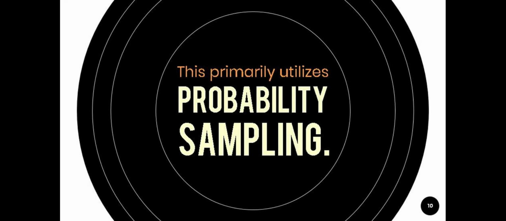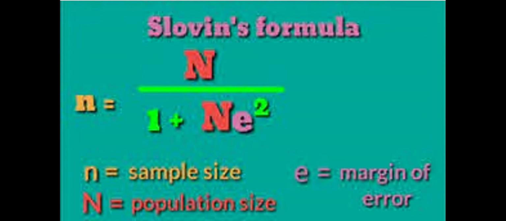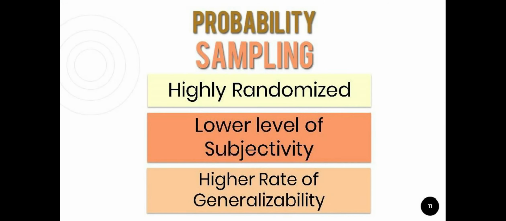Now, quantitative research primarily utilizes probability sampling. And the sampling method that we will be using to determine a sample size is the Slovin's formula. This will be discussed by one of our discussants. Now, probability sampling makes sure that the variables are highly randomized and there is a low subjectivity level, as well as we can highly generalize our